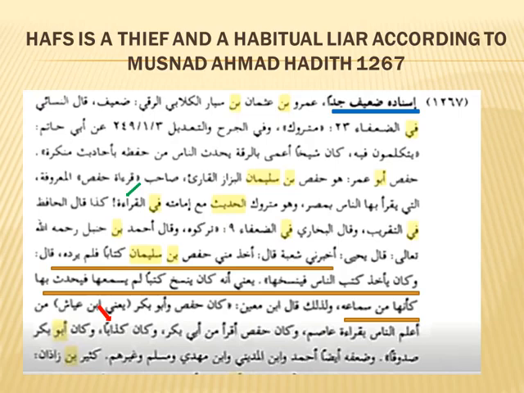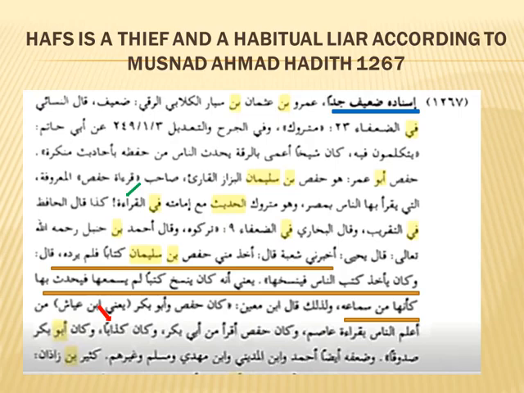For example, it says, quote, "Shu'bah told me, Hafs took my book and did not return it, and he used to take people's books and wipe them," meaning in that he wiped them, and narrated hadith that he never heard as though he had heard it, end quote. It then goes on to describe Hafs as kadhaban, which means a prolific or habitual liar. This is indicated by the red arrow.